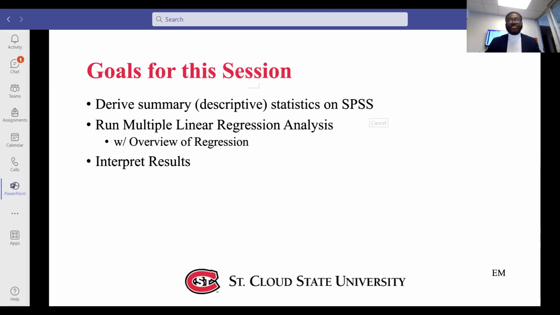So I would like to reiterate some of our goals for this presentation. So firstly, we would like to derive summary statistics using SPSS. In our presentation yesterday, we gave our audience an overview of some of the descriptive statistics that we run on SPSS, like mean, median, mode, as measures of central tendency, and then standard deviation and variance as measurements for dispersion